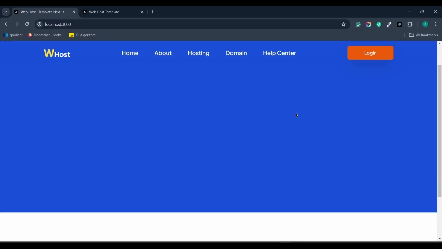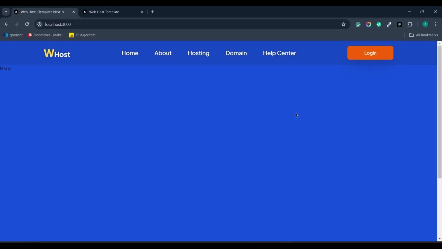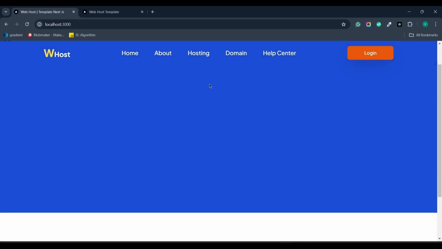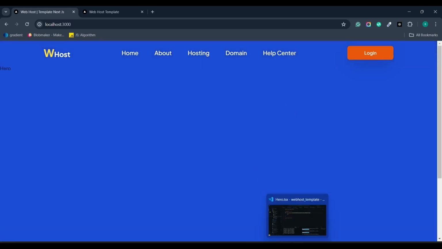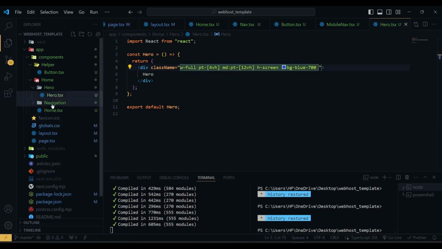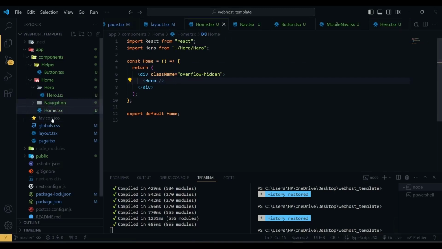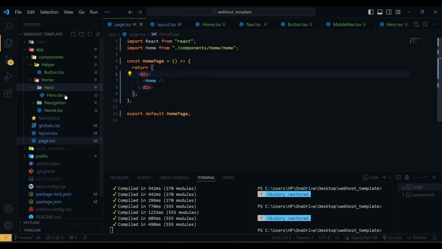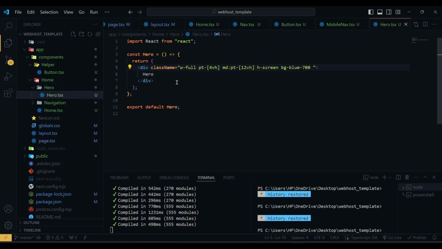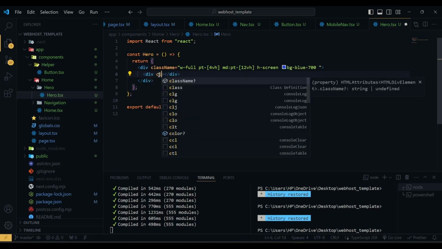Now if I scroll, you can see after some distance this navbar changes background color. So for now I am going to remove the scroll. So I am going to remove this class name here. Now in the hero, the first div, and inside this div we have another div with a class name of